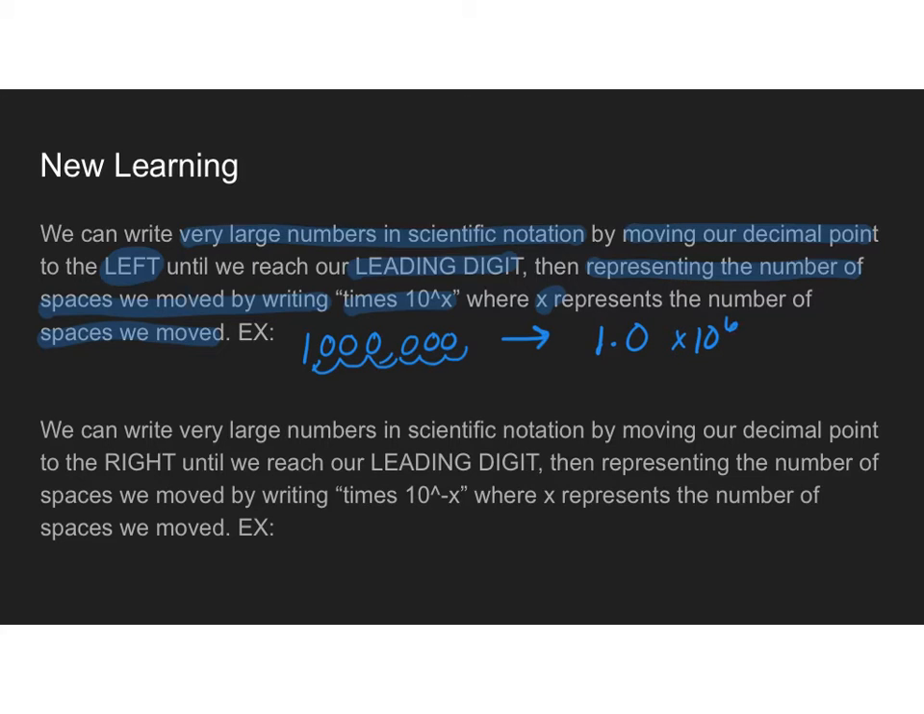Okay? We can do the same thing with very small numbers. Oops, this is supposed to say small. Cross that off and write small. I just did not write it correctly. Small numbers, by moving our decimal point to the right until we reach our leading digit, and then representing those number of spaces we moved by writing times 10 to the x, where x represents the number of spaces we moved. So for this one, maybe we have